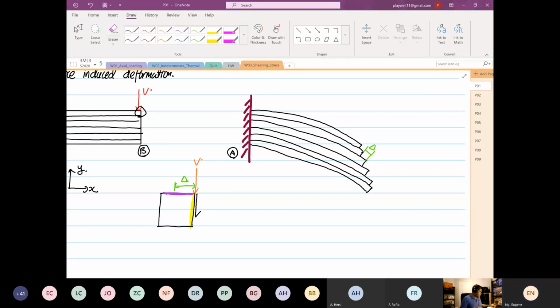Now, any questions so far? Do you all find this disturbing, yes or no? The shear stress is acting on the yellow surface, but the delta is on the what? On the pink colored surface. Anyone, any questions so far? What is delta? Delta means the change in distance. Okay, because of the slip, your